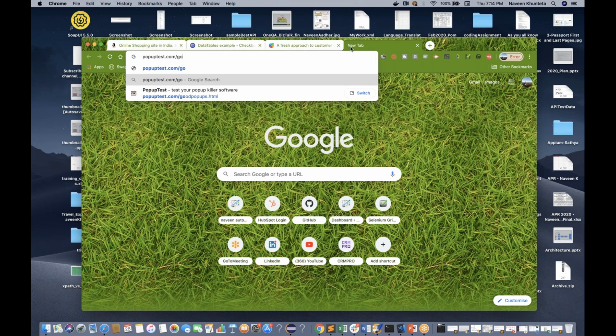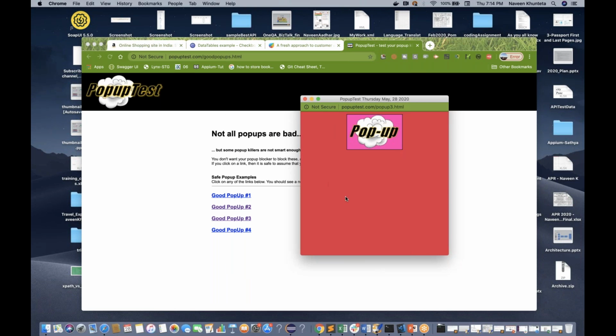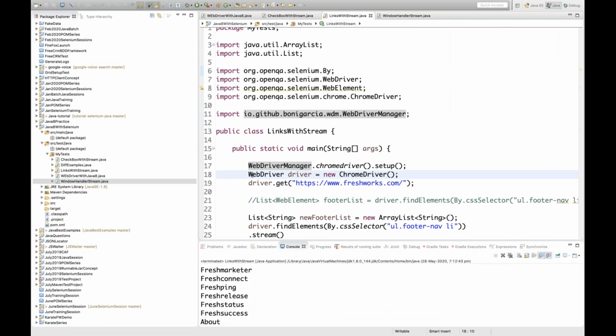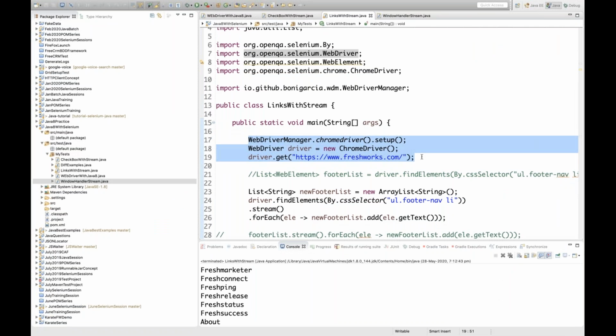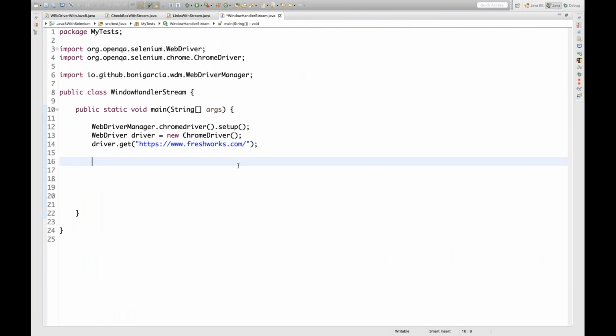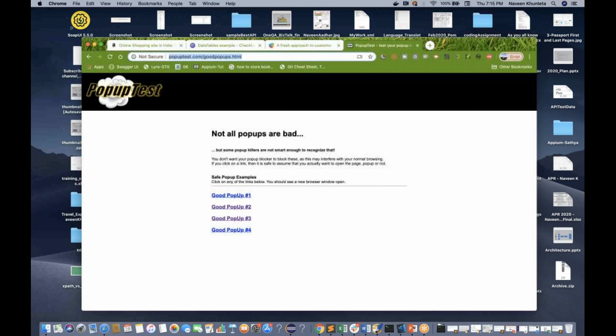goodpopups.html. You just go to this particular URL, and when you click on pop-up number 3, it opens a new pop-up, and then you have to switch to this pop-up and get the title. Let's do the same scenario with lambda or with the streaming APIs. So how to do that? I directly land on this particular page, and I simply copy this. This might be an interview question for you guys. People might ask you, it seems to be important. Sorry, directly write this particular URL